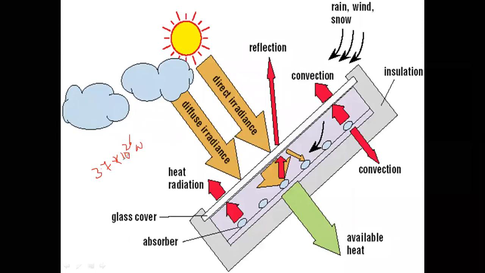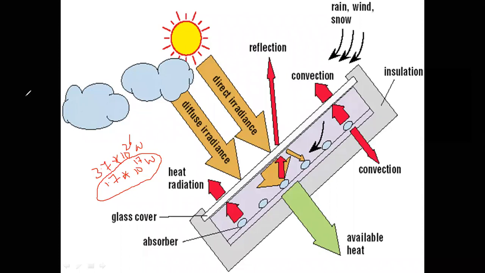But it reaches the earth surface at only 1.7 into 10 to the power of 17 watts. The rest does not reach the earth surface. That is, the solar radiation is absorbed in the intermediate stages due to ozone, water vapor, carbon dioxide, carbon monoxide, oxygen, nitrogen, and other materials. Finally, only a very little bit reaches the earth surface.